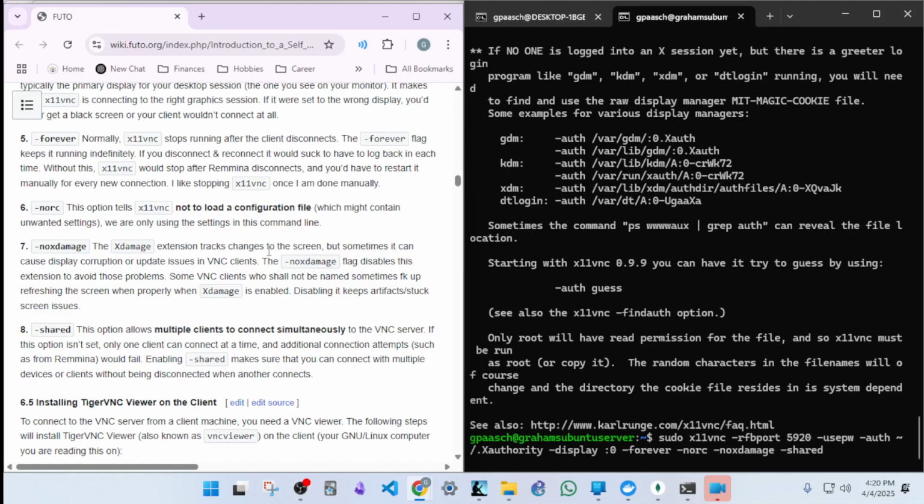Number 6, dash norc. This option tells X11 VNC not to load a configuration file which might contain unwanted settings. We are only using the settings in this command line. Number 7, dash noxdamage. The X damage extension tracks changes to the screen, but sometimes it can cause